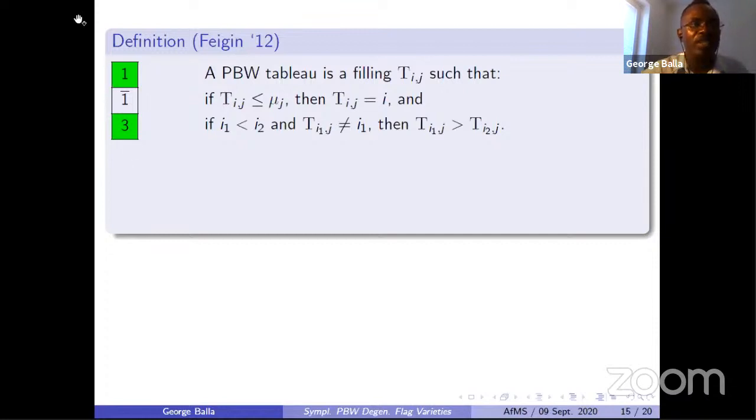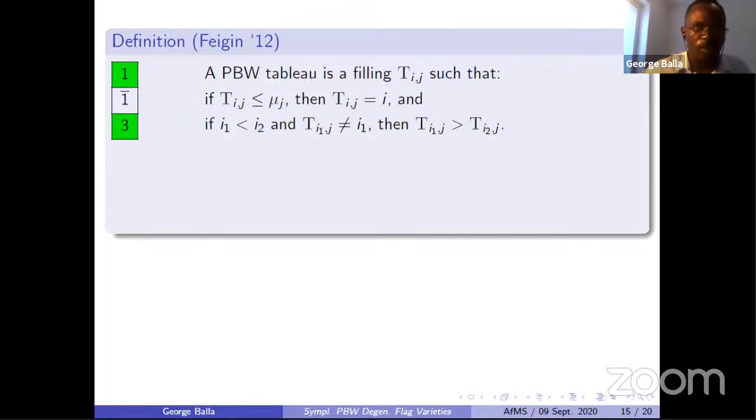And we say that such entries are at their positions. For example, 1 is at position 1, so we say it is at its position. So whenever we have an entry less than the length of the column, it should be at its position. Likewise, you see 3 is at its position, but 1 bar is not